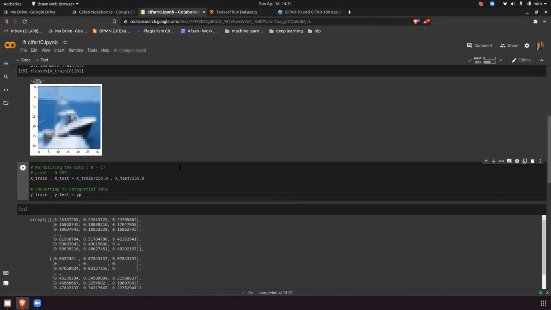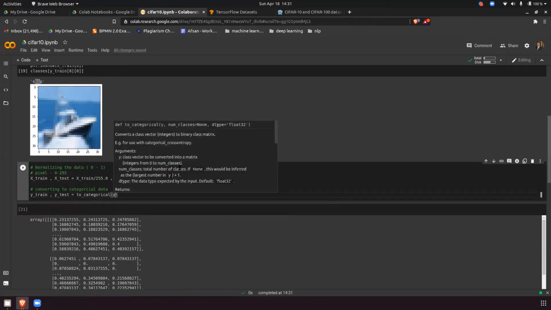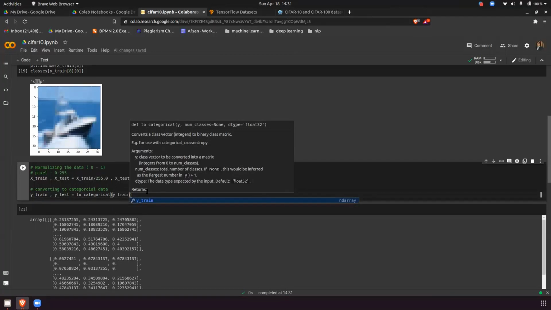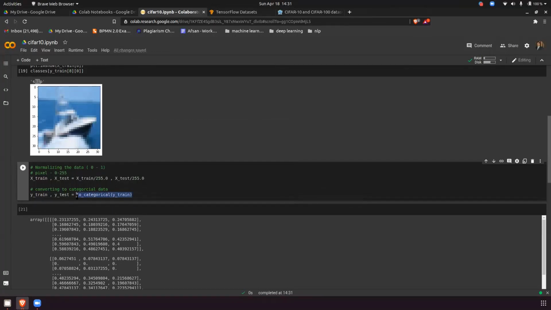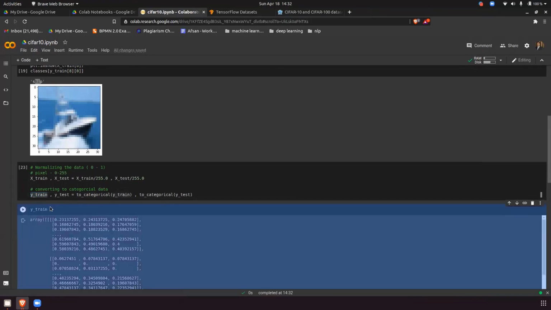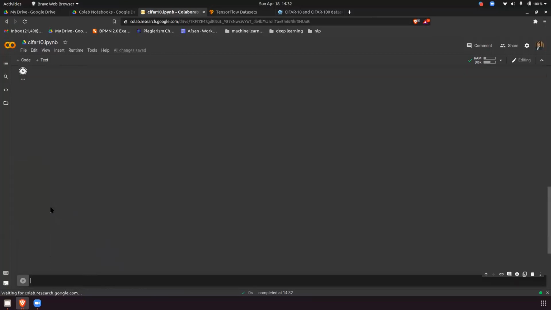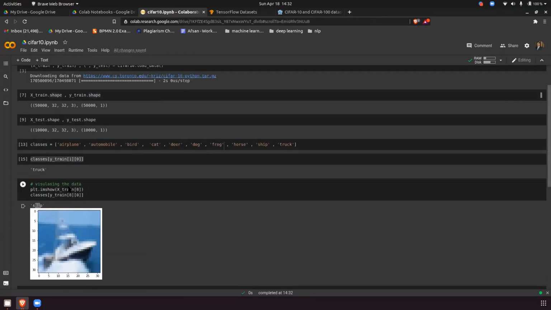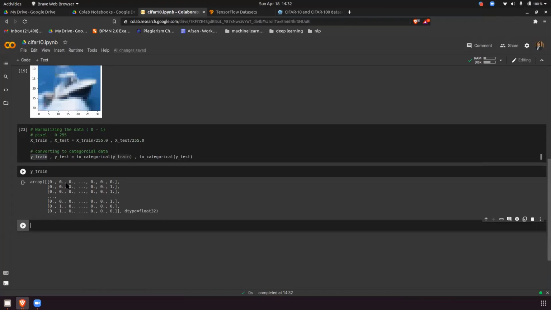So you have to call the function to_categorical, and inside this you have to pass the variable. That's it. So y_train. It will convert automatically into categorical. And this will be y_test. If you run this and now see y_train, this is what happens. Everything is converted into this. So is this clear to everyone?